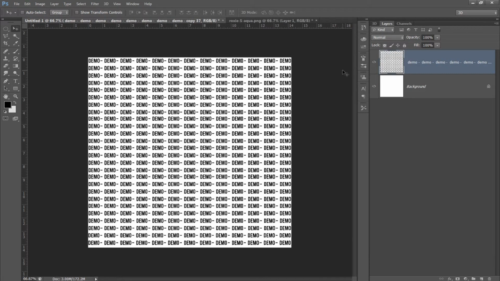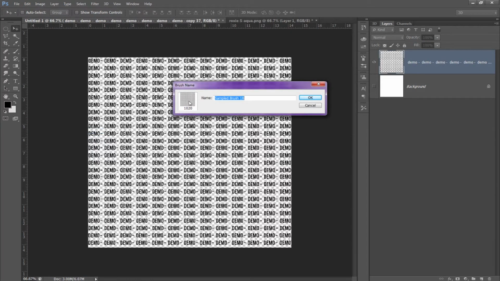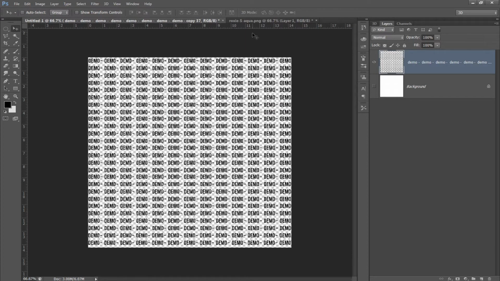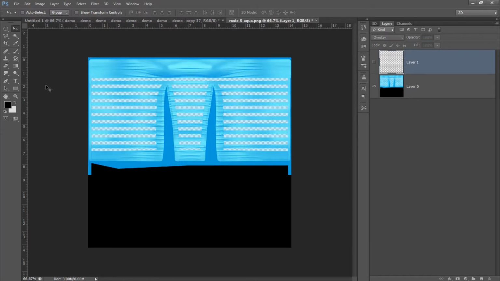So I'm going to combine all of these, and I'm going to take the background off to where everything is transparent, but you can still see the demo. And you just go to Edit, Define Brush Preset, and it's going to create the brush for you. And press OK. So say I was making a demo for this dress, I would just create a new layer,